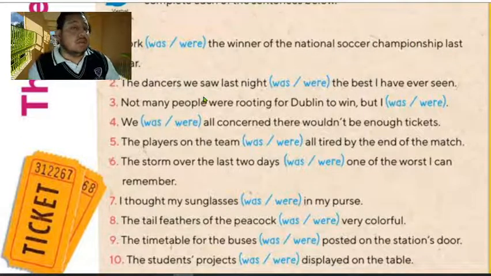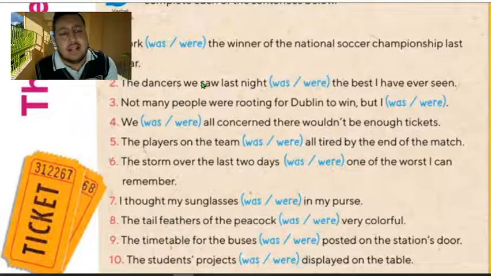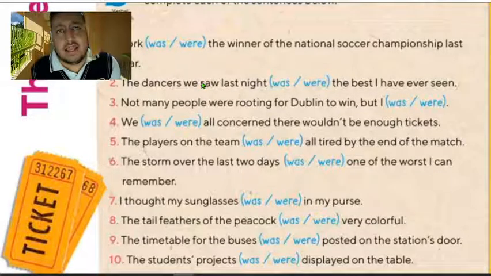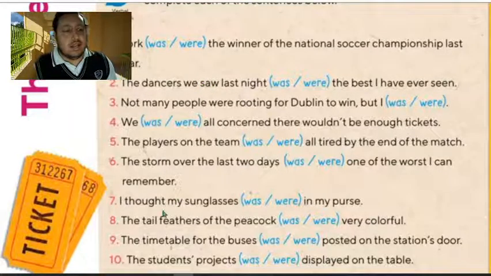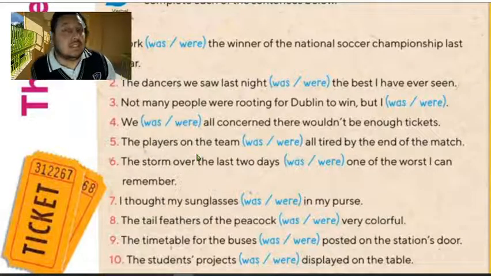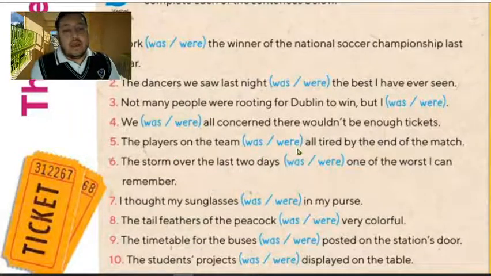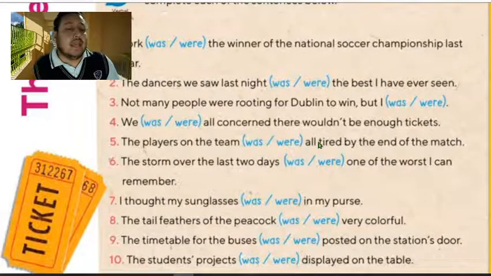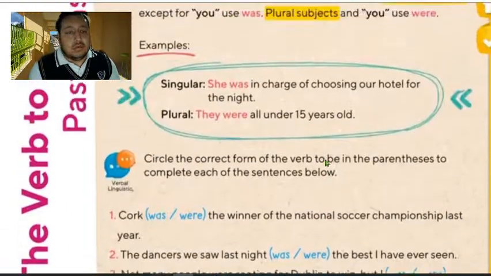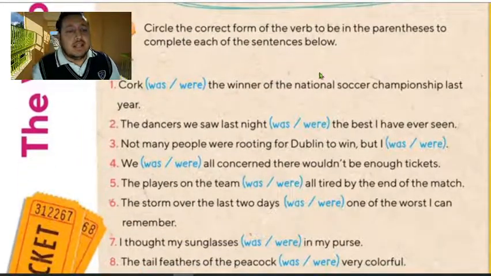So you need to pay attention. Pongan atención en las palabras que están antes del paréntesis para saber de quién están hablando, de él, de mí, de ti, de ella, de nosotros, de ustedes, right? Like here, the players on the team. So we got players, los jugadores, estamos hablando de ellos. On the team, were, porque recuerda que con they utilizo were. So remember, just right here, I was, you were, he was, she was, and then you can answer this activity,